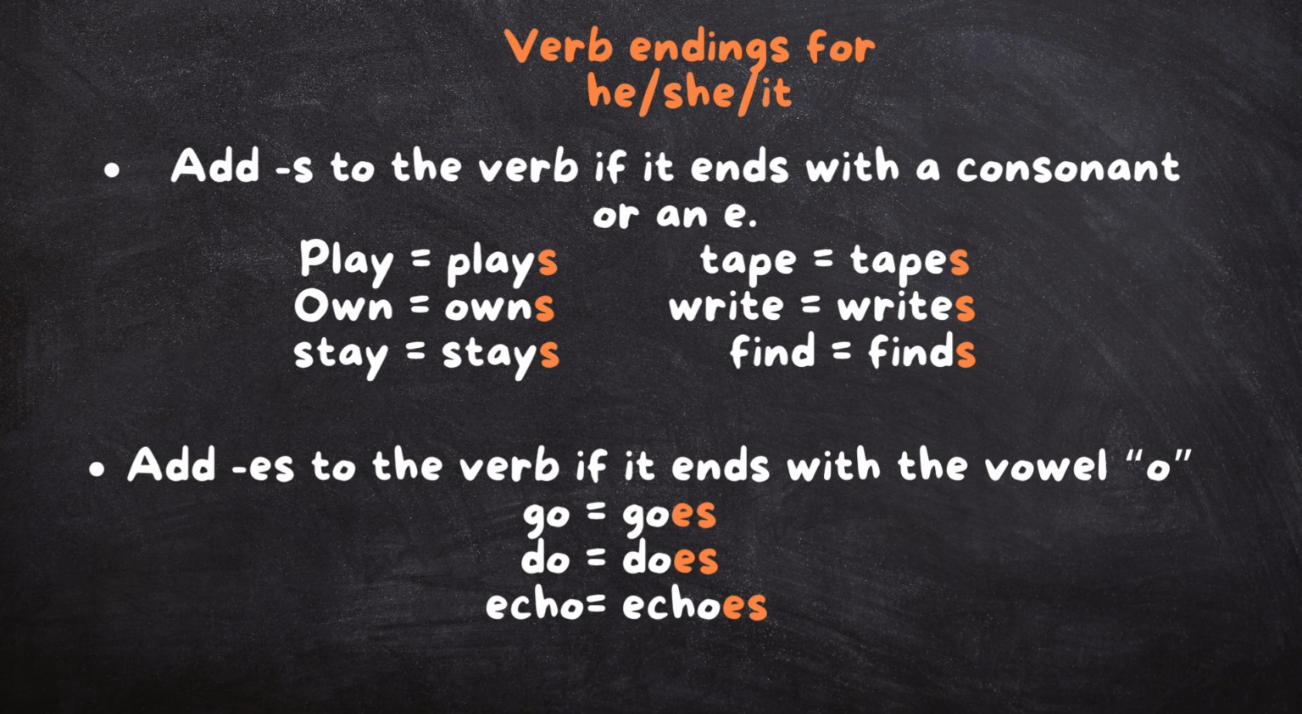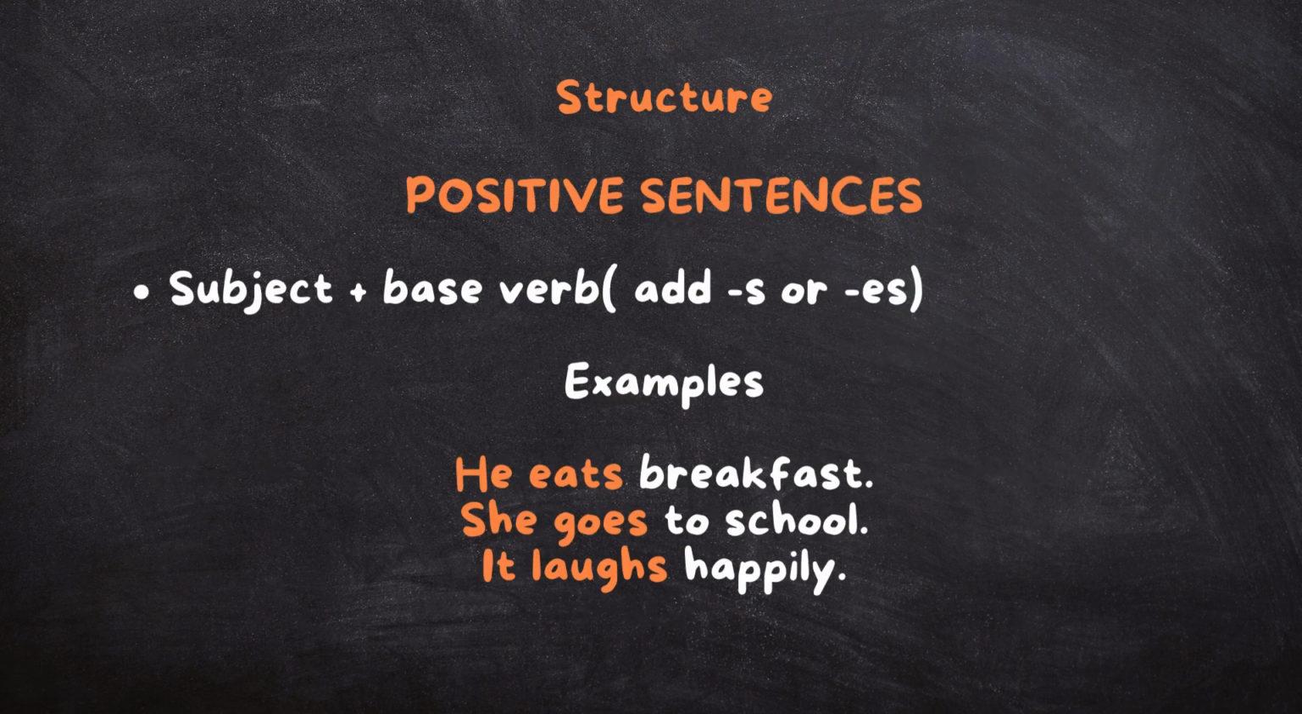Moving on, let's see the structure of the present simple tense in the positive form. In the positive form, we use the subject plus the base verb, and remember to add s or es to the verb depending on how it ends. Example: he eats breakfast. Our subject here is he, and the base form of the verb is eat. Then since it ends with the consonant t, we add an s to it and we get